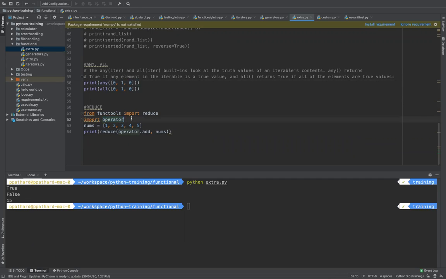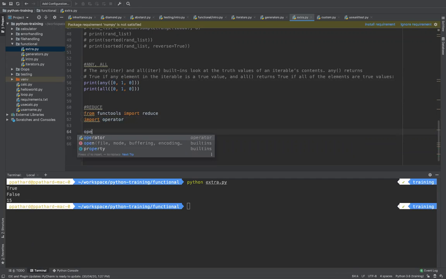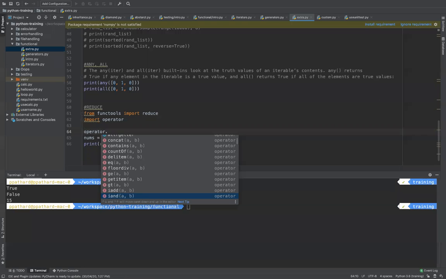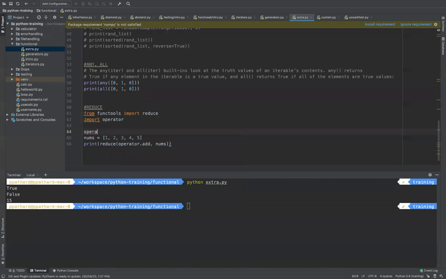The operator module in Python gives you built-in functionalities to do addition, subtraction, concatenation, count of, equal, floor division, greater than or equal to, less than or equal to. Any operator that you can think of is already there as part of this operator module. And there is also a module called functools.